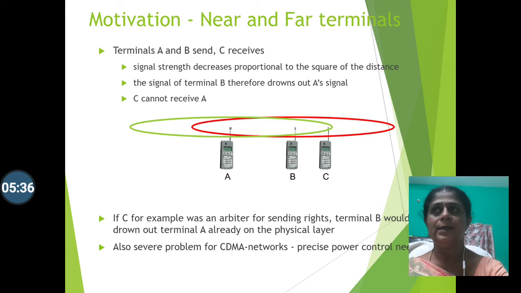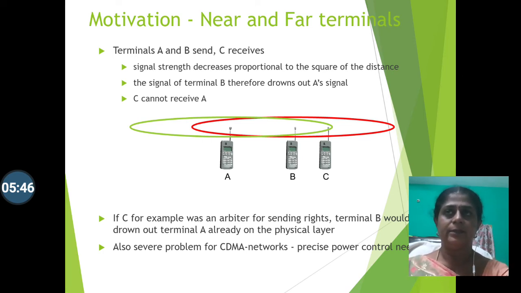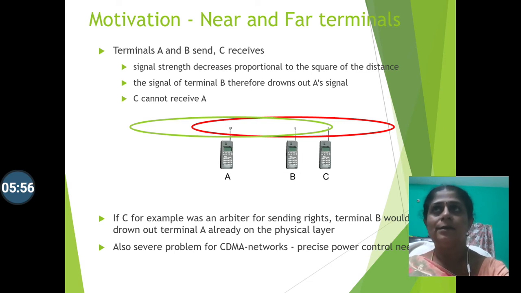Now we all know that in a wireless network, the signal strength decreases proportional to the square of its distance. So now A wants to send something, A is sending something, B is in between. What will B do? B will drown the signal strength of A in such a way that C cannot hear A. A wants to converse with C, but A will not be able to send anything to C because B, in between, will drown the signal strength of A, and so C will not be able to receive anything